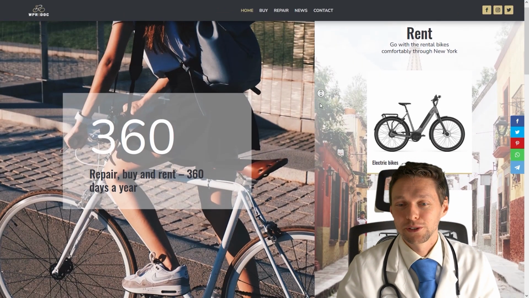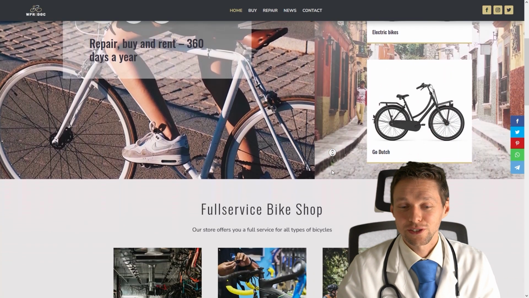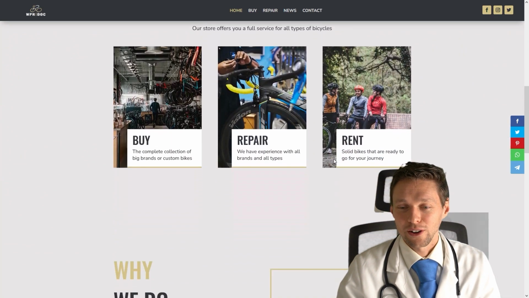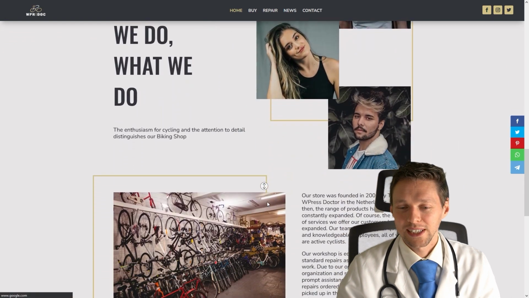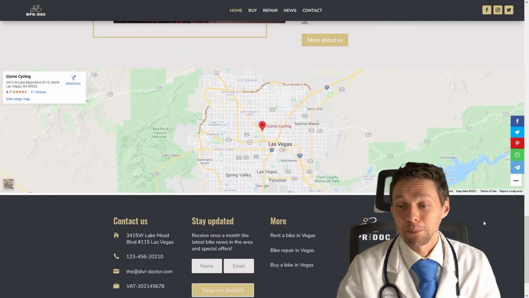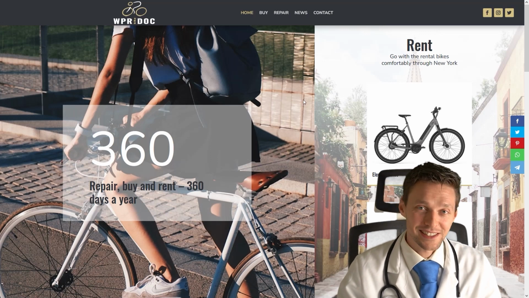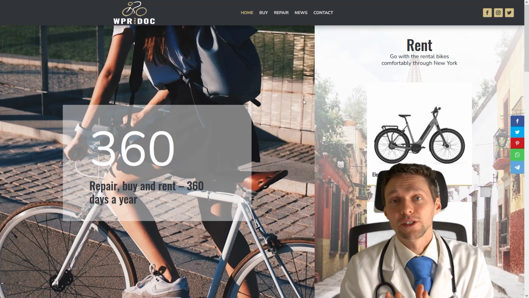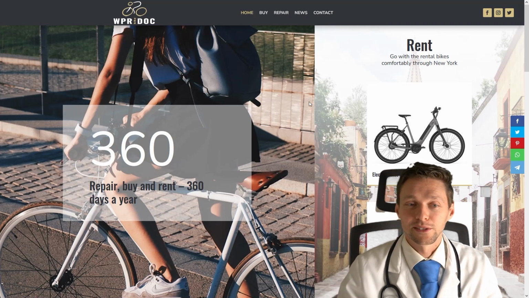And of course, I'm curious, does everything work as intended? Yes, it actually works. And if I scroll down, you can see that all my options are still in there. All the effects, everything works as intended. This website is just amazingly blazing fast. So if you retest it from your home, you will see the exact same scores. Please do so, so you know I'm not making things up. It is the absolute truth.